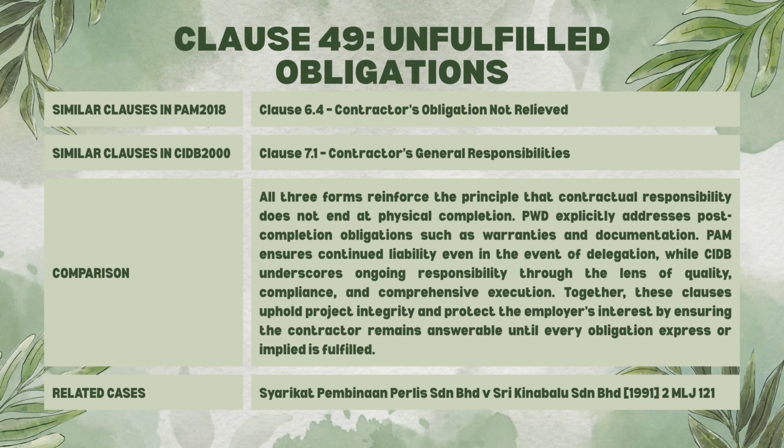The legal issue here is whether the plaintiff had breached fundamental obligations under the contract, whether the defendant was justified in terminating the contract, whether the plaintiff was entitled to any outstanding payment, or whether the defendant could recover damages. However, the High Court ruled in favor of the defendant. The court found that the plaintiff failed to complete the works in accordance with the contract and had breached several essential terms. The court held that the failure was not trivial. It went to the root of the contract, making it impossible for the defendant to continue relying on the plaintiff to finish the project properly. Therefore, the termination was valid.